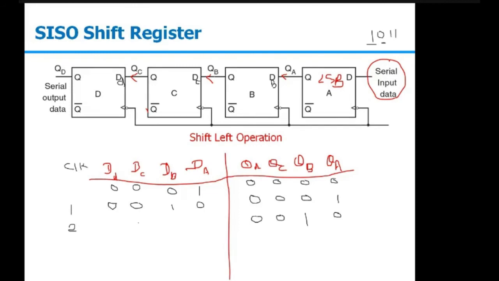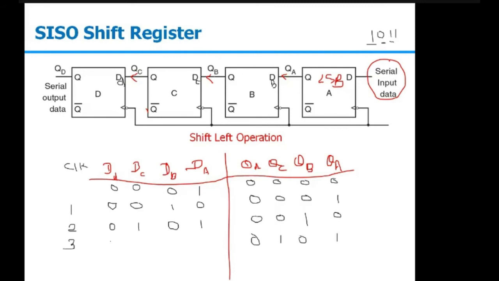So this will be 1, 0, 1. Right? Because now the third input will be at the DS and the remaining will be passed to the input of the next stages. So when the third clock comes, this will pass to my output. So this 0, 1, 0, 1 will be transferred. What will be the input now before the occurrence of the fourth clock?